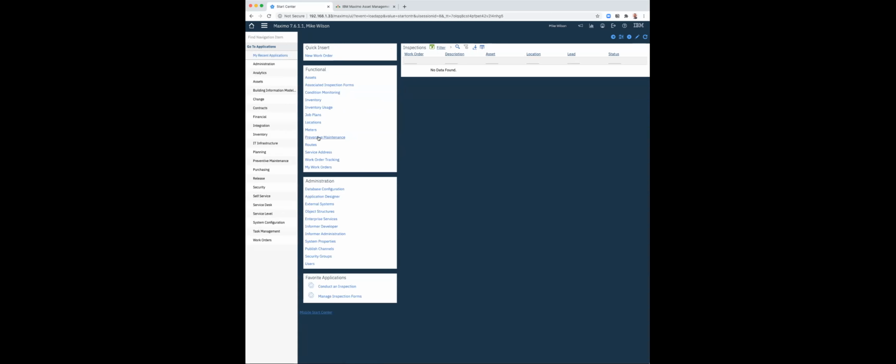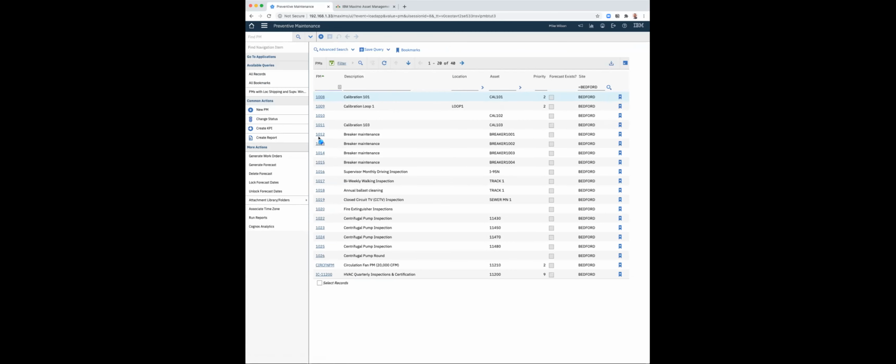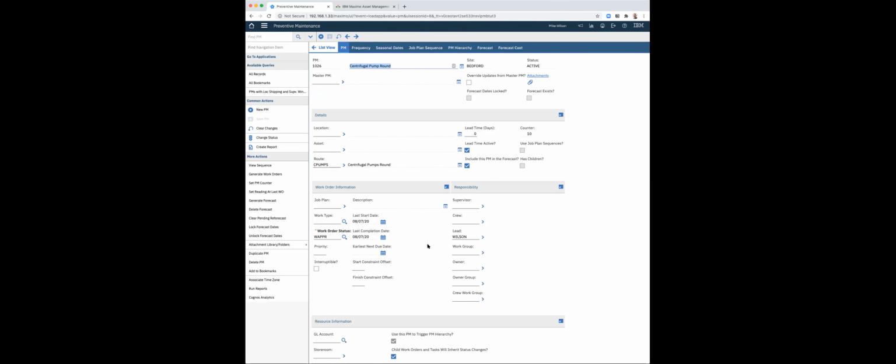So I have a PM that starts all this off, a centrifugal pump round, 1026, and it is going to create a waiting approval work order, assign it to Wilson, and it's going to be based on the route C pump. So if we take a look at that route,